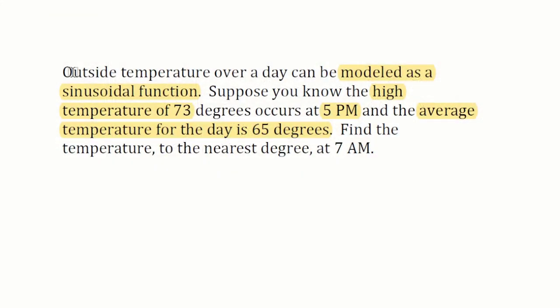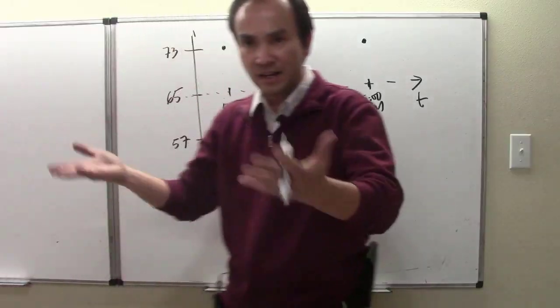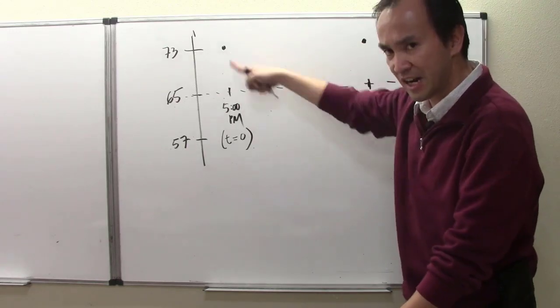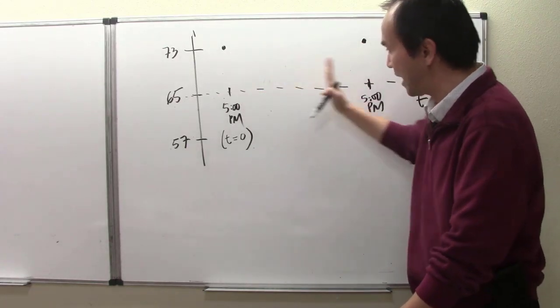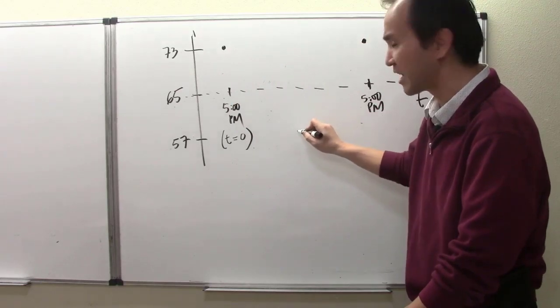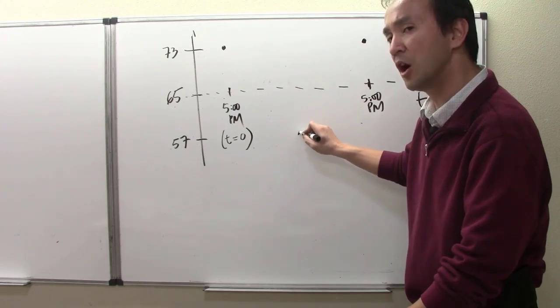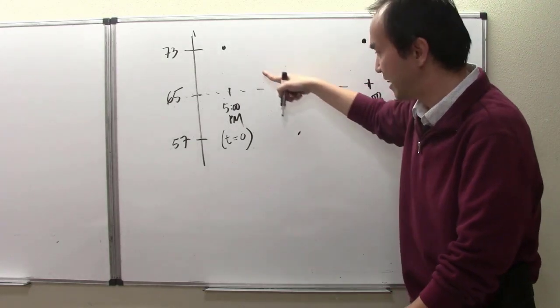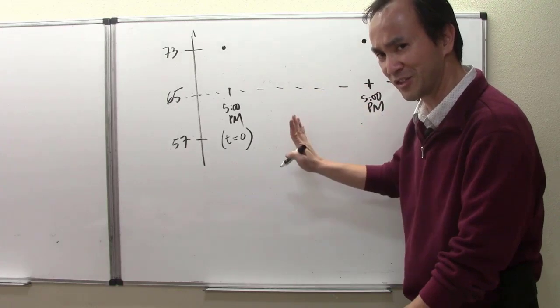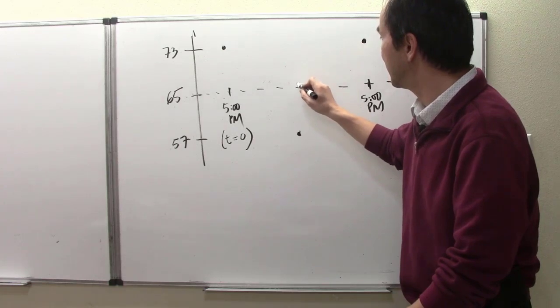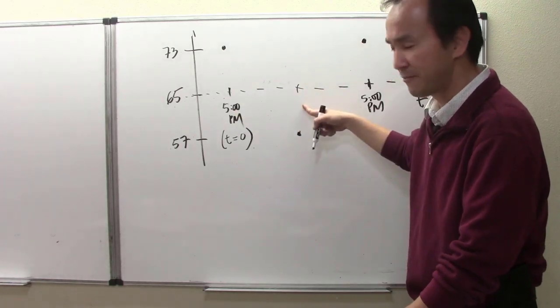And so the wording of the problem already instructed us that we are expected to come up with a modeling function as a sinusoidal function. And so in that understanding, in the way of being a sinusoidal function, halfway, now it starts high, midline is here, halfway throughout the complete cycle, then any sinusoidal function has to hit a low right there, right? So in this way, it starts high, and it's going to have to swing low right here. And you're starting to see where I'm going with that. Okay, so it has to hit 57 right here at exactly 12 hours away from 5 p.m. right there. That's making it